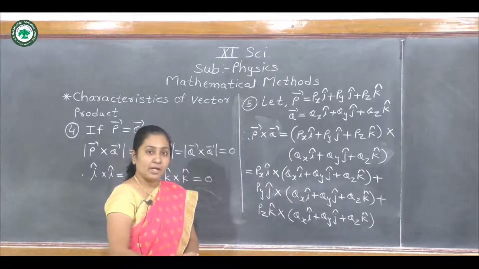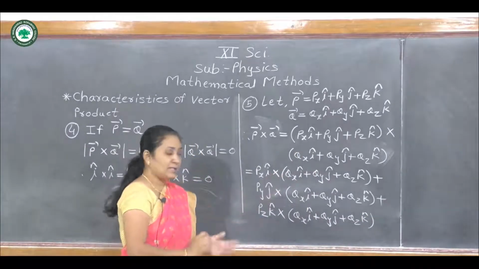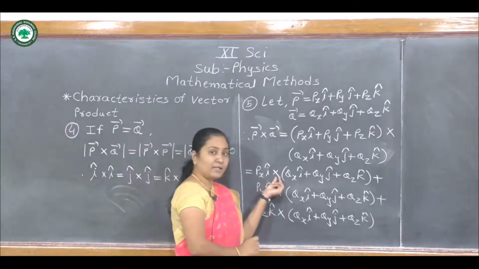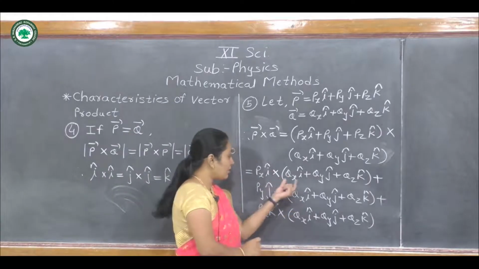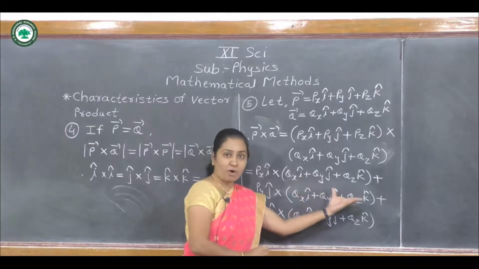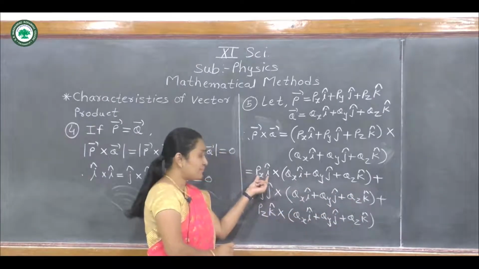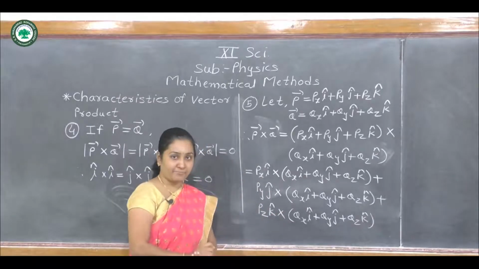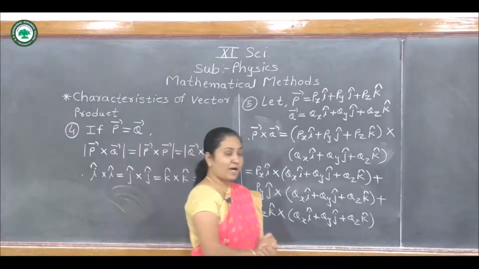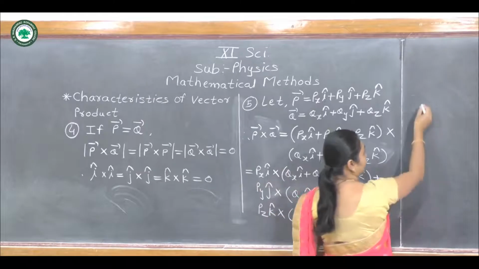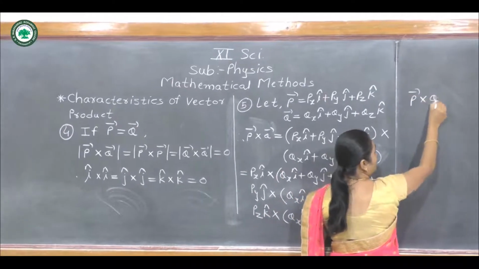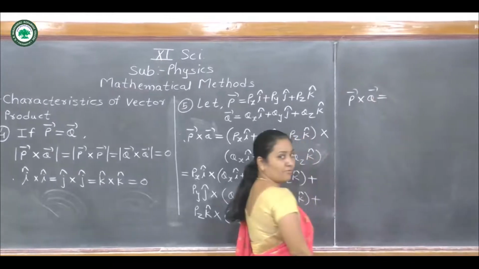Now we have to simplify this vector product. So we are taking the cross product of each term of the bracket with this px i cap, py j cap, pz k cap. So we will simplify it. Therefore, p bar cross q bar is equal to